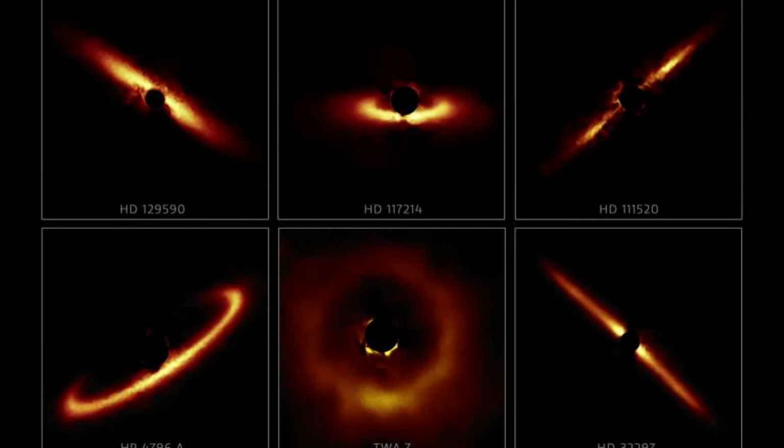Polarized light from debris disks should be able to tell us something about how the dust is composed. For example, how much water is there? And that makes you wonder, which of these images most resembles our own early solar system? Now, in a related article,